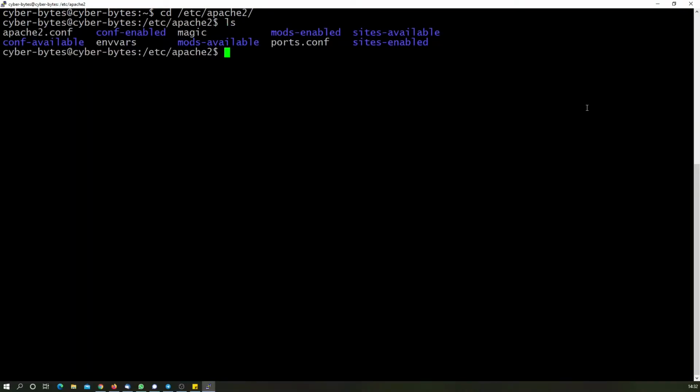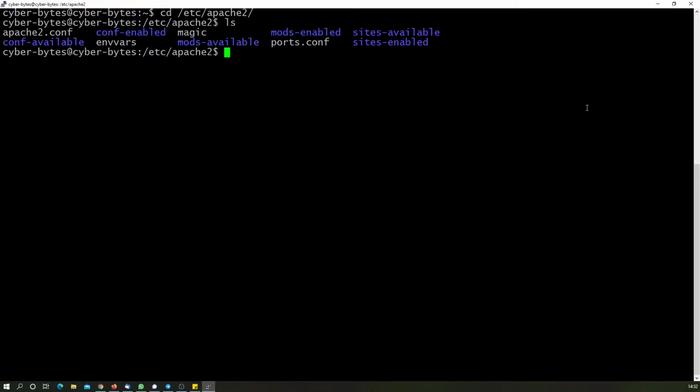Let us first have a look at the Apache installation directory. So this is the directory, and here we can see various folders. apache2.conf is the configuration file that we will be looking into also. One or two things that I would like to point out: there are conf-enabled and conf-available, which are about the configurations that are enabled and currently deployed in the directory. Next are mods-available and mods-enabled.